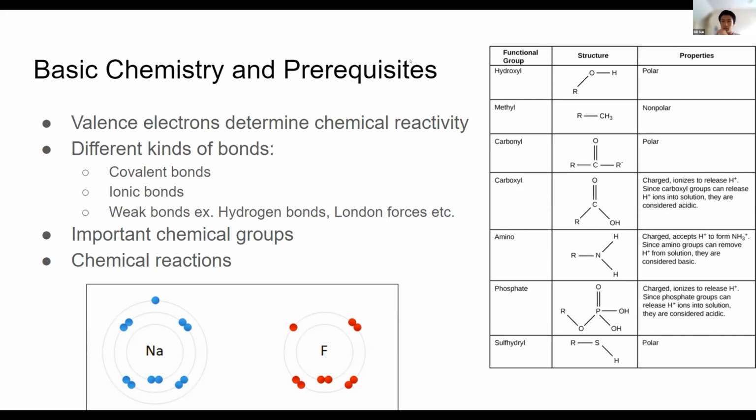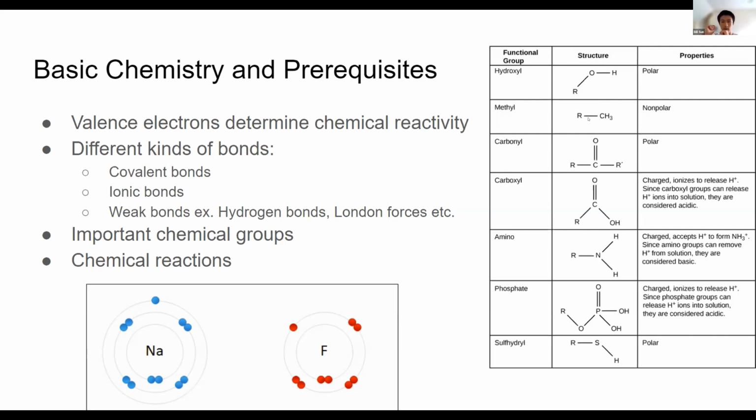So on the right, you can see a table, and these are some of the very important functional groups you need to know. And out of these, they all have their own unique properties. So hydroxyl groups, I already mentioned, tend to form hydrogen bonds. And methyl groups are a kind of group that is composed of a carbon bound to a hydrogen, and it's